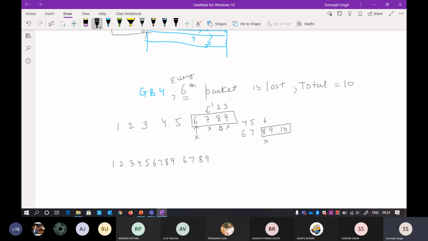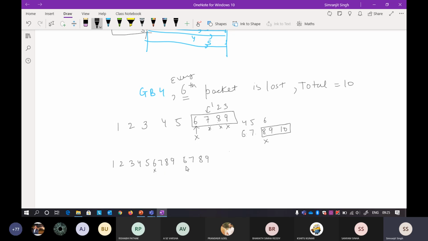So count from here 1, 2, 3, because every 6th packet is lost. 1, 2, 3, 4, 5, 6. So this particular 8th packet will also be lost, so again I have to retransmit this whole window. Okay, so 6, 7, 8, 9, again I will retransmit this whole window. Just wait a second, I am getting a little bit confused here. Your 1, 2, 3, 4, 5, 6th packet will be lost. Actually, I'll go from here, because I'm not getting the 6th packet lost.